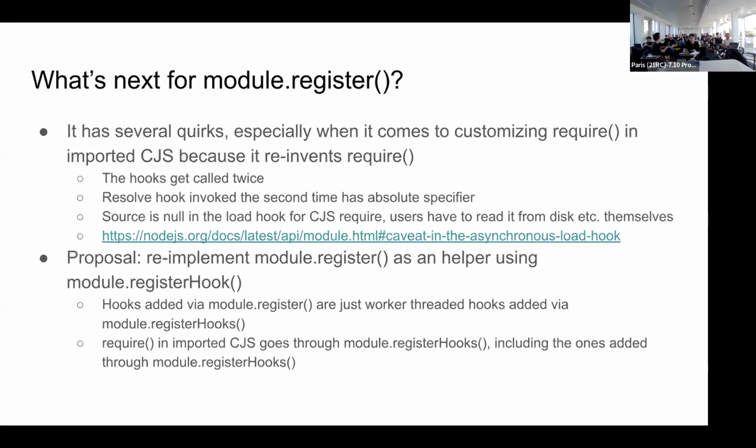Imagine that you have multiple of those things registered. There is a user calling register hooks and a user calling register. When you block the main thread for a response, you need to respond to that query to unblock the main thread. So if next resolve is being called, then